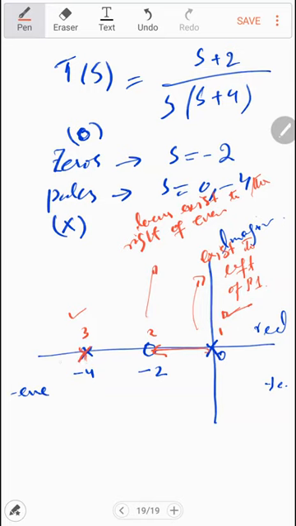Again, you see the locus will start from this pole. This is again odd, so the locus will be at the left of the odd number of poles, and it will go toward the zero, and we said that the zero in this case is at infinity. Now it is straightforward, and we observe that the locus exists along the real axis. It does not go into the imaginary axis, so this is an overdamped system.